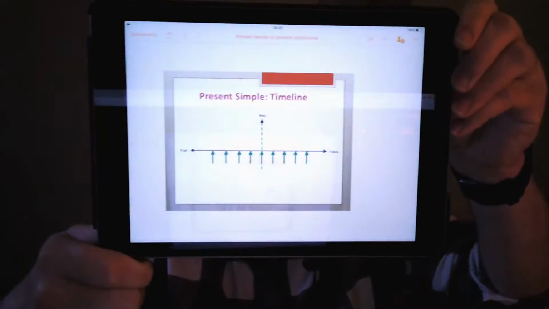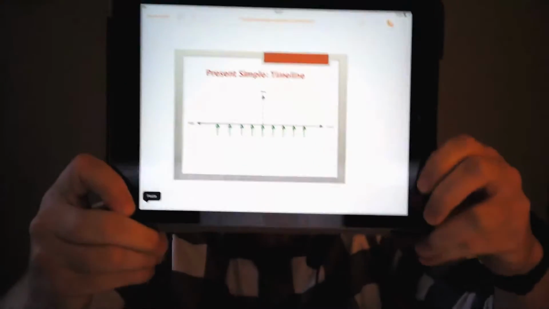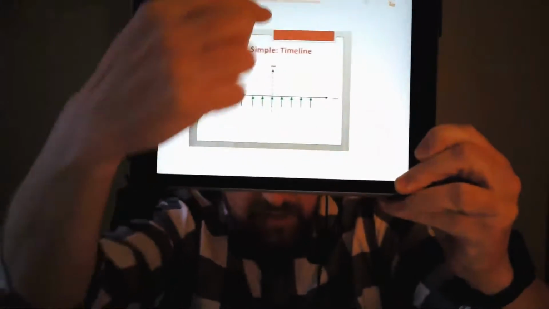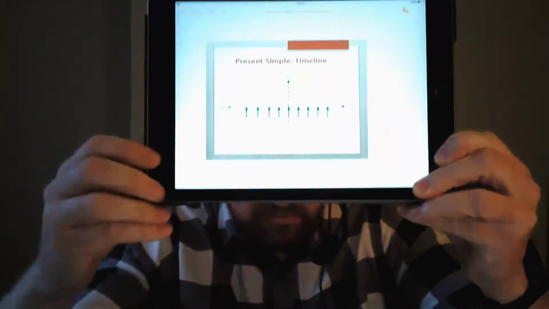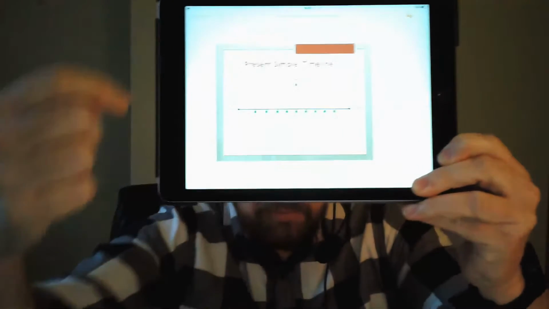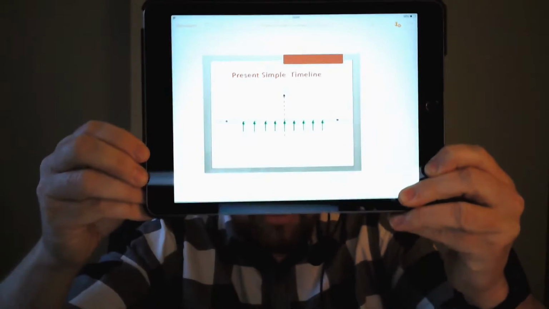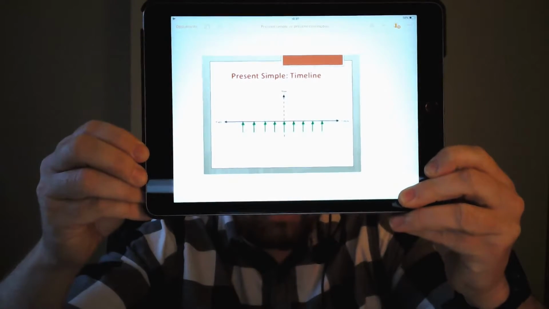So we see here, this is a nice diagram to demonstrate present simple. Okay, so here we can see that we have now in the middle, the present, but then we have repeated. So it goes from the past and into the future as well. So if we compare this diagram to our,